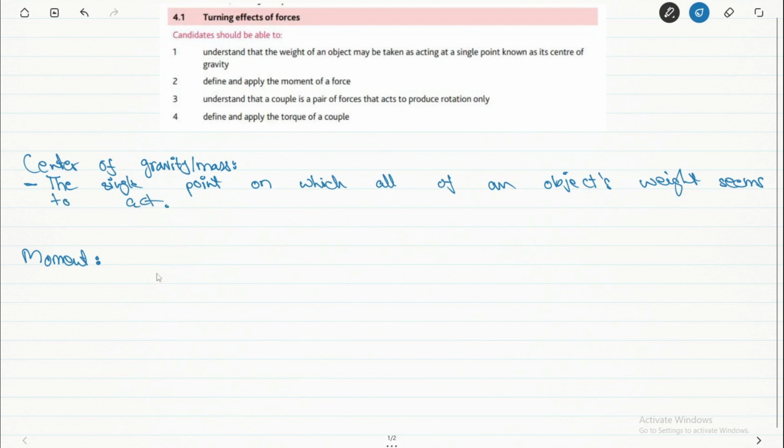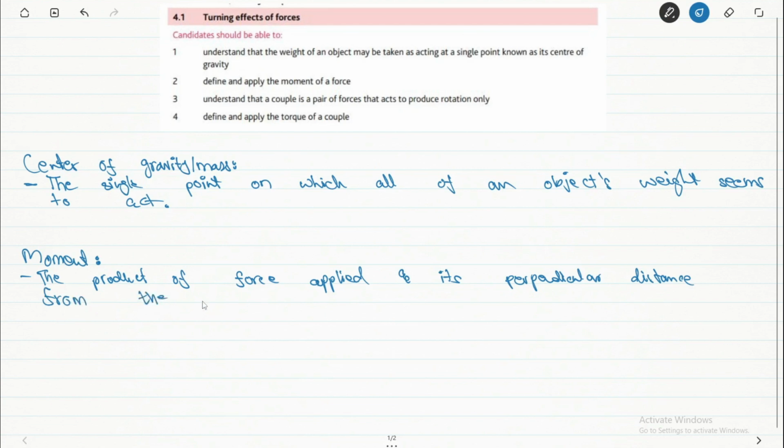Now moving on to moment. Define and apply the moment of force. So the product of force applied and its perpendicular, right? This is very important. It's perpendicular distance from the pivot,